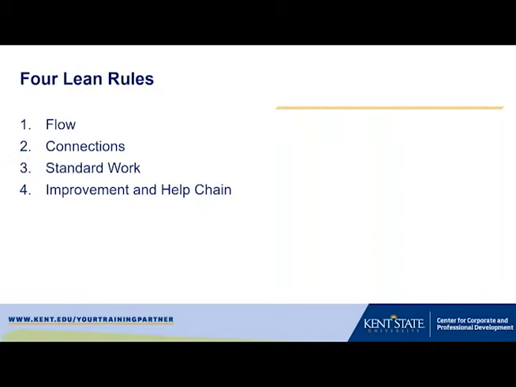The third one, which is a huge help for training and quality, is standard work. Again, it sounds easy, but standard work is the content, sequence, and timing of work. And the predictable outcome of that work is also specified. The amount and location of inventory is included in that standard work. So it's not just, here's the steps you should do. There's a lot more to it. But again, what it does is it provides good training for people. It provides consistency.